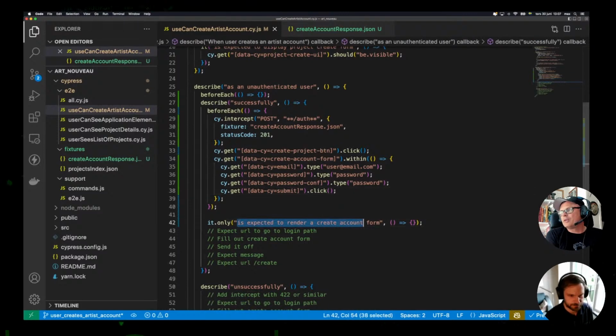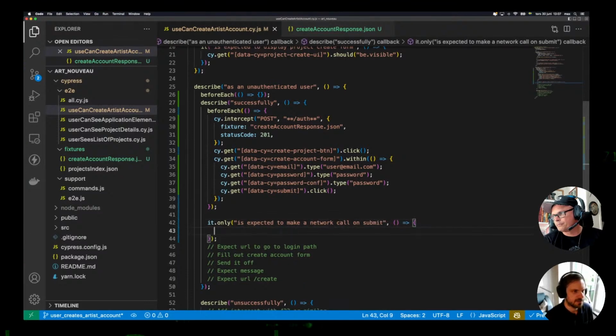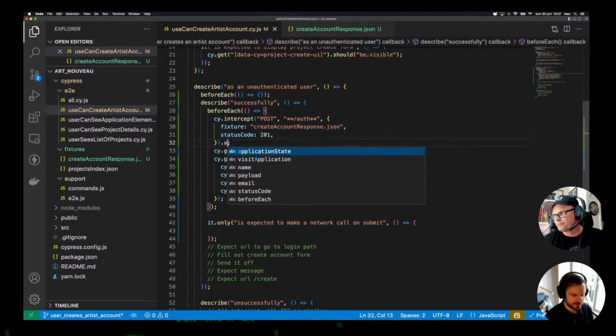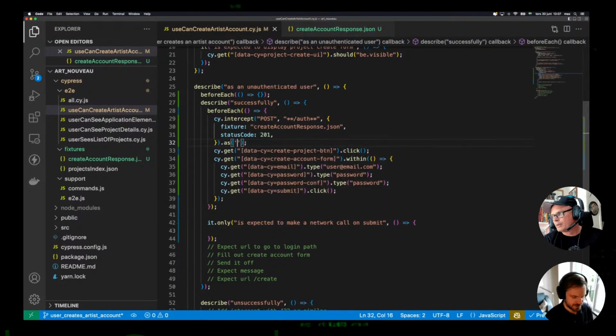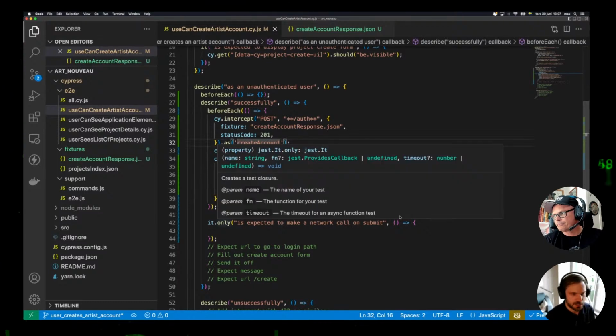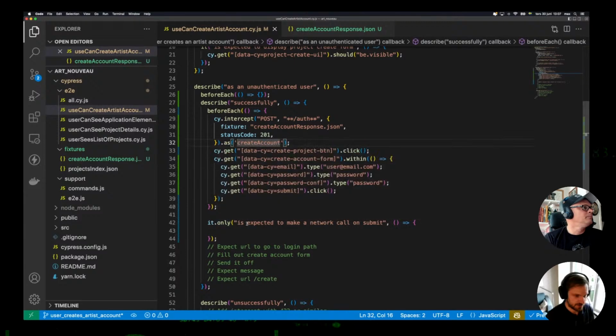Now, so let's write an actual test. Now the test will be that we are supposed to make a network call on submit. But I will say, then we need to give an alias up here to our intercept. Yep. And we can say create user, create account, or create account. Create account is okay. Because that allows us in here to say